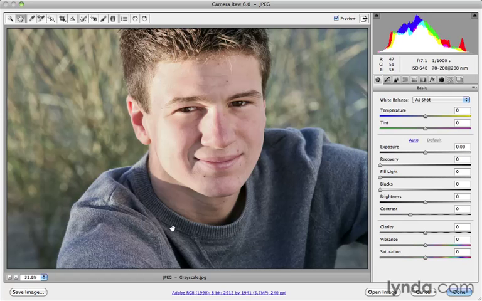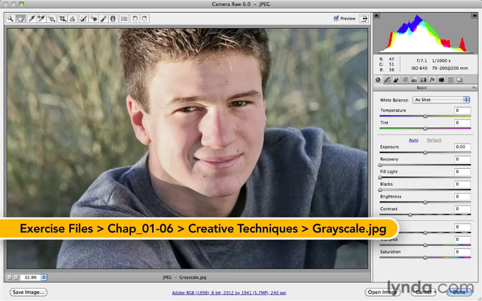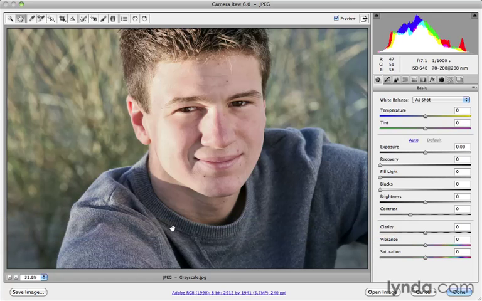Converting a color image into black and white is a pretty common thing to do, and Camera Raw gives you a lot of flexibility and power to do so, and very quickly, I might add as well. There's kind of two different ways to go about it. There's just the quick get rid of all the color, and you can just do that with the saturation slider. And then I'll show you the second technique where you can actually control individual colors and how they get converted